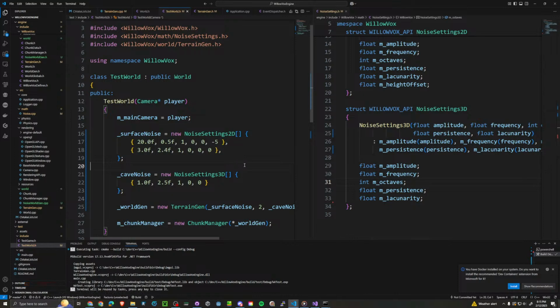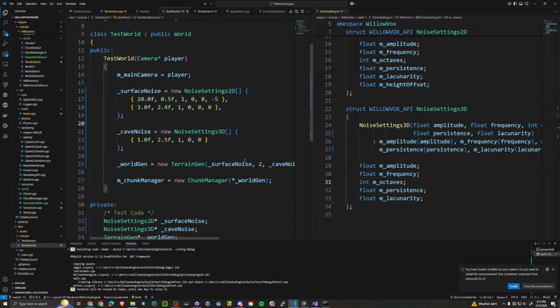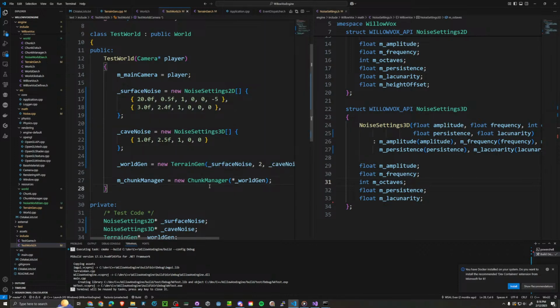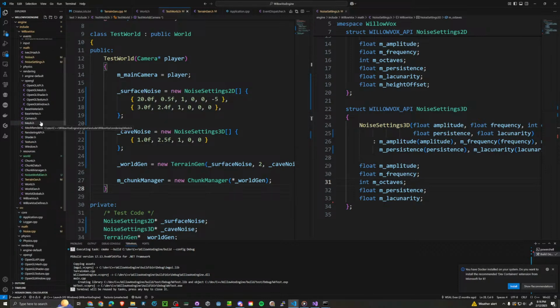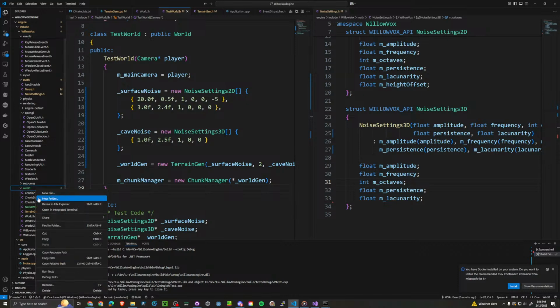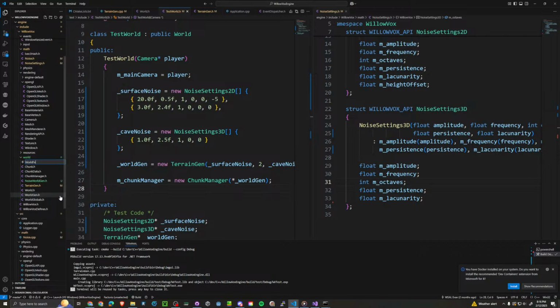Okay. So now we can do world features. Yay. Tree time. Woohoo. Okay. World feature.h, or we'll call this surface